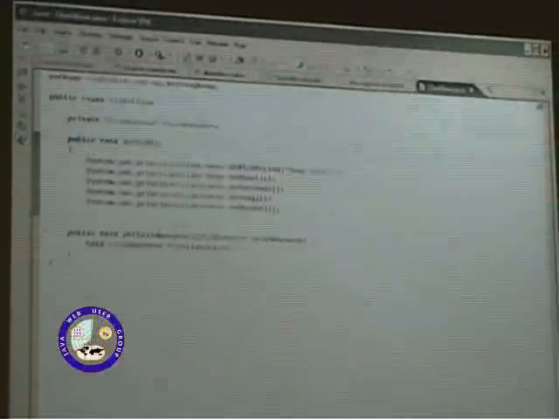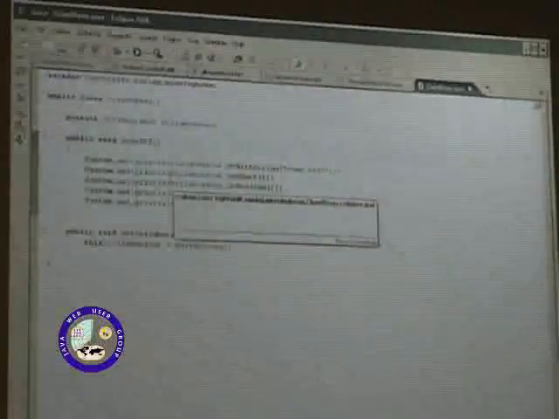Right, so what we've got here is a client bean which refers to a collaborator. And then when its do stuff method gets called, all sorts of methods on the collaborator get called. Again, I'm asking you to project your imagination a little beyond what I've actually written down here.